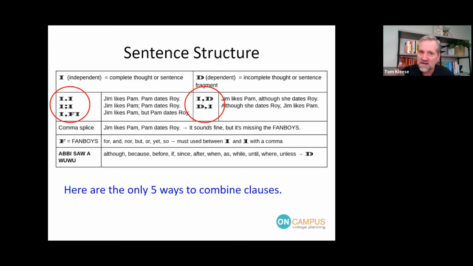But I've got to have that fanboy in there. I can't just connect 2 of these guys with a comma. That's what we call a comma splice. And I can't just go independent, fanboys, independent. I need the comma for that all to work. It's really, really specific. So those are the 3 ways to connect 2 clauses over on the left if both